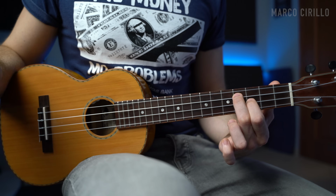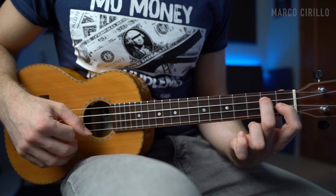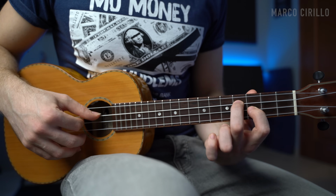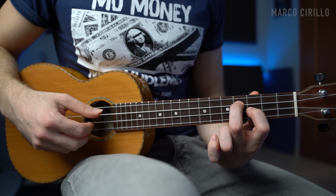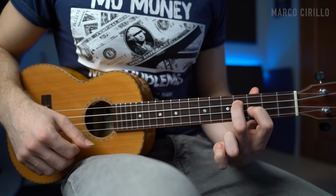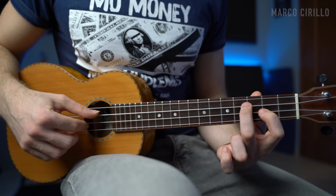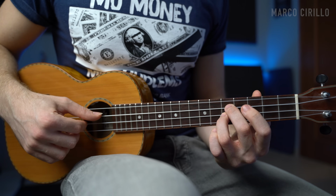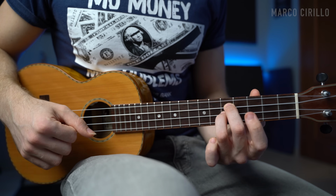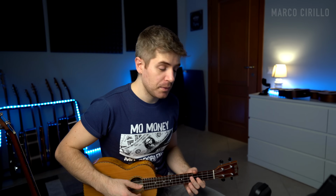So we're moving back to the C major chord. So we got 0 and 0, 2, 1, 3, 2, and 4 and 3. And we play this lovely phrase, which I love. So we're playing 4 and 3, chromatic down, up, and then the F major chord with 5 and 5, and back to 4 and 3. So when I put the whole thing together slowly,